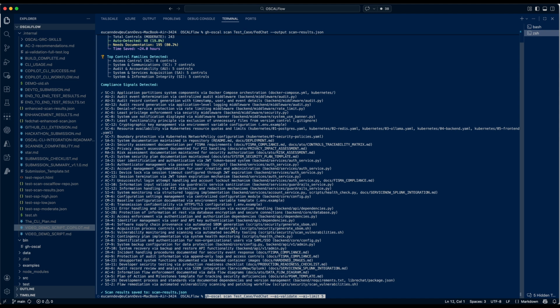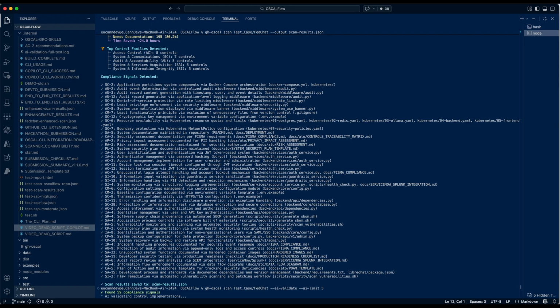and these documents. And so what the AI validate is going to do is take those files, scan them with AI, take the NIST requirements, and evaluate the evidence against the NIST requirements, and then it will provide us with a validation output. Basically, is it validated or not? We're only going to do 5 for the purpose of this demo because it can take a while for the AI to respond. So we don't want to sit here and watch this all day. So we're going to run that command,